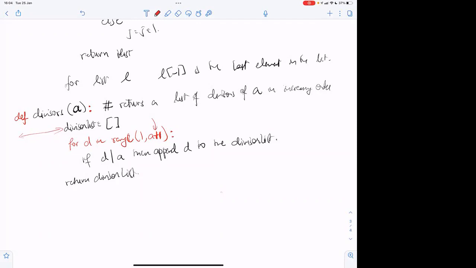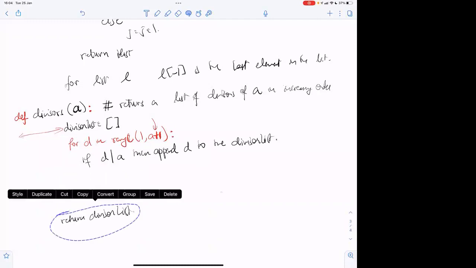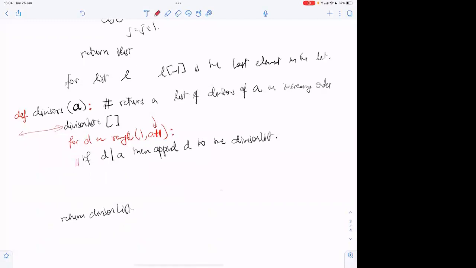So I should have commented it off. That would have been better, but let us nevertheless. So let me comment this. So here I write if a percentage d equal to 0. So this computes A mod D, correct?